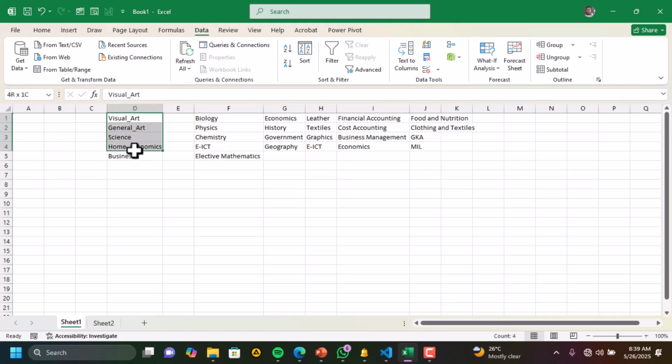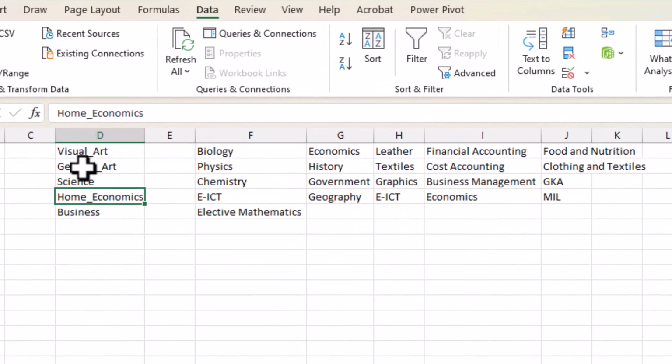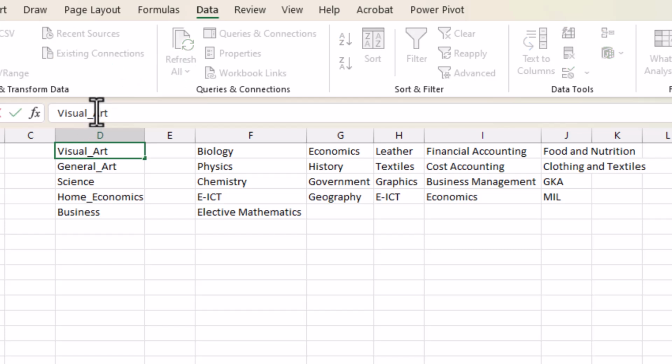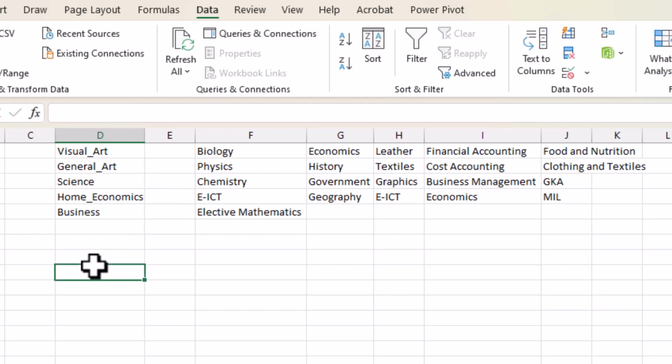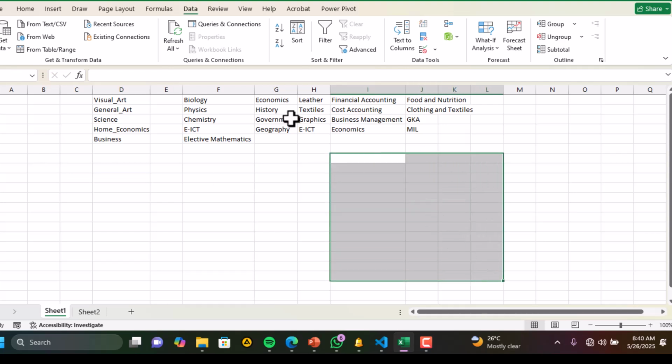Now I have in column D a list of items, that is the names of programs in a school. So visual arts, general arts, science, home economics, business. Now the reason why for visual arts you see that the name has an underscore in between: I don't want to leave a space, because when we name ranges, we don't leave a space. So for instance, if I want to name this range like this, I come to the name box and name it